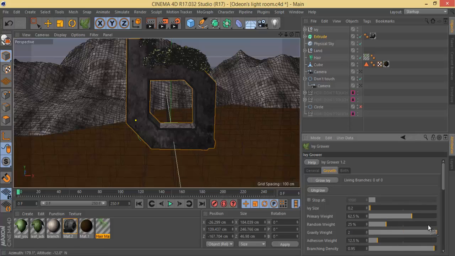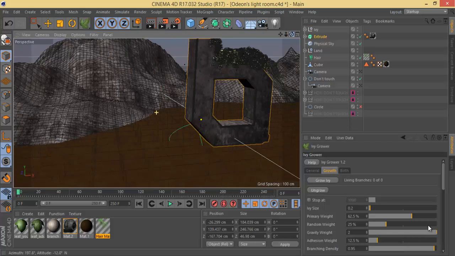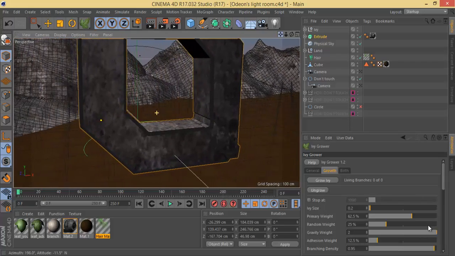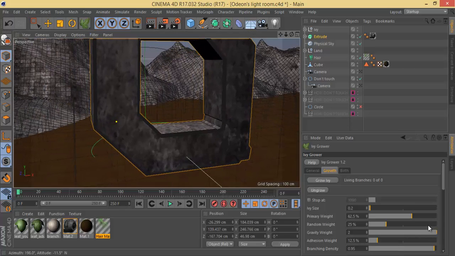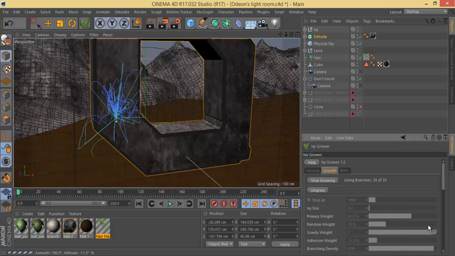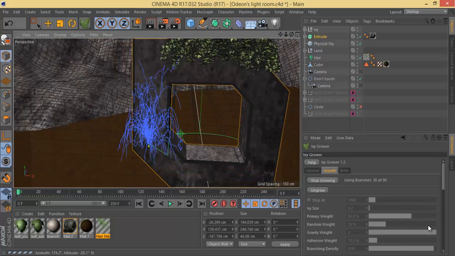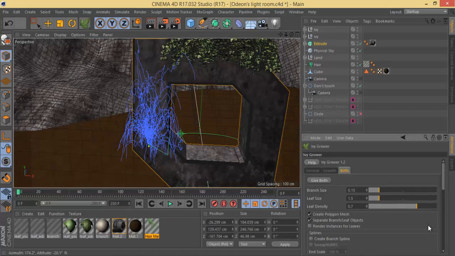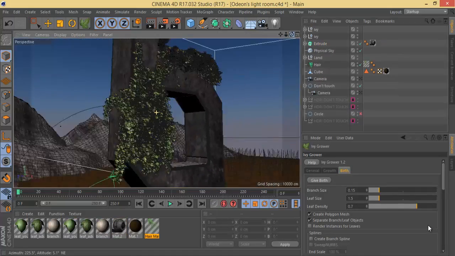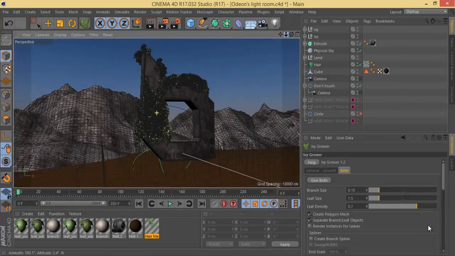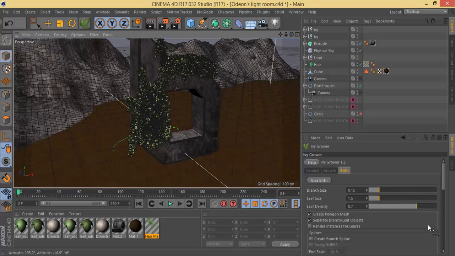Okay, grow ivy. Grow ivy, like damn. Alright, there we go. Stop growing, give birth. There we go, guys. I'm so sorry that I messed up on that so much. This is just one of those things you have to play with. For stuff like this, I guess it could be 1 up here and 2 over here, but